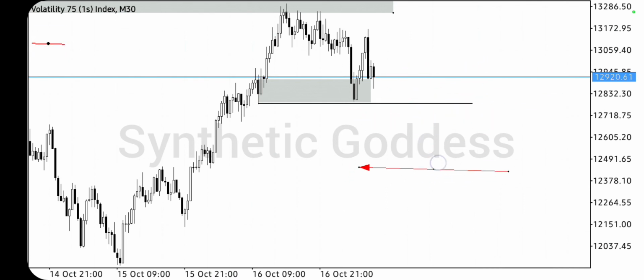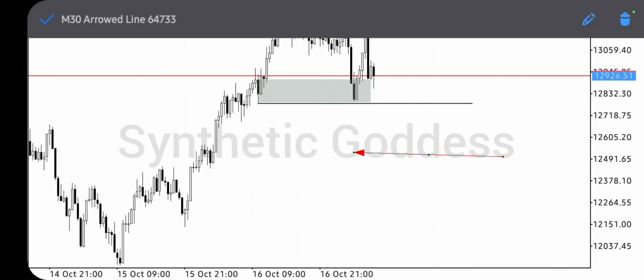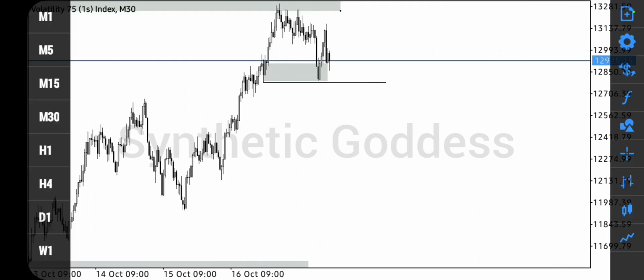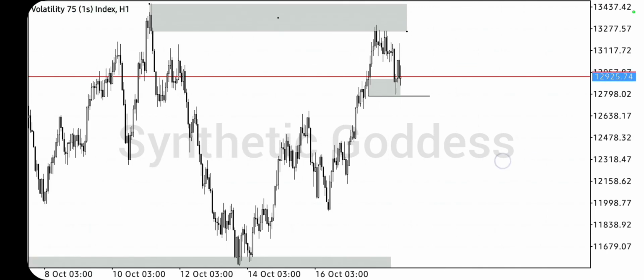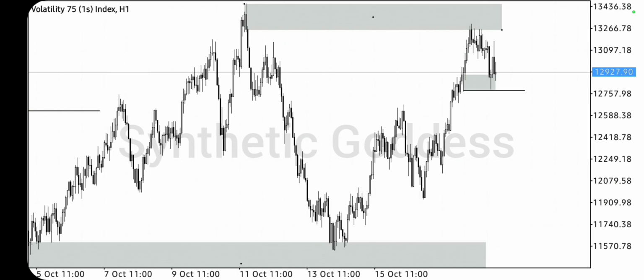because it has given me a structure I was going to use to continue to the downside if it eventually breaks this low, but then it hasn't broken this low. So I am still waiting for this high to be taken. Once it is taken, wait for a minor break of structure, a very small minor break of structure, because it is at a peak. It is at a higher time frame PO high. So I'm just going to wait for it to give me a little break of structure,